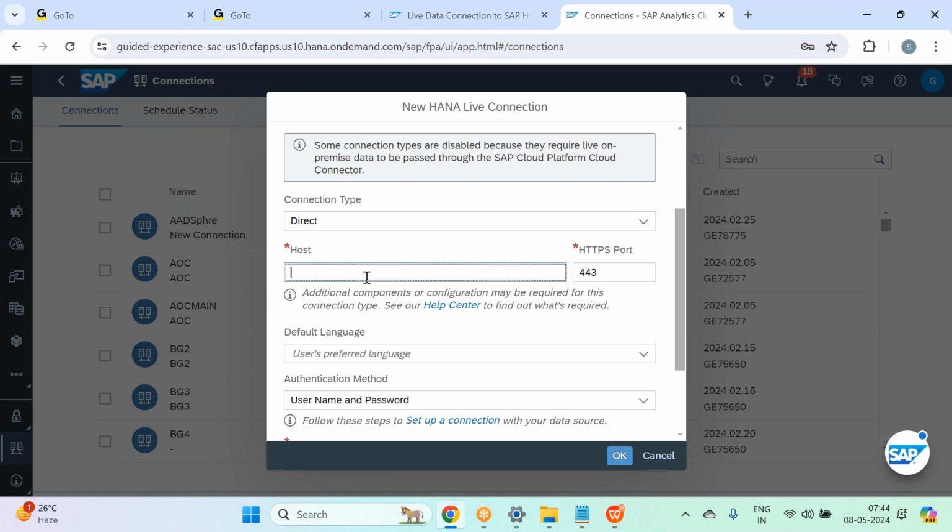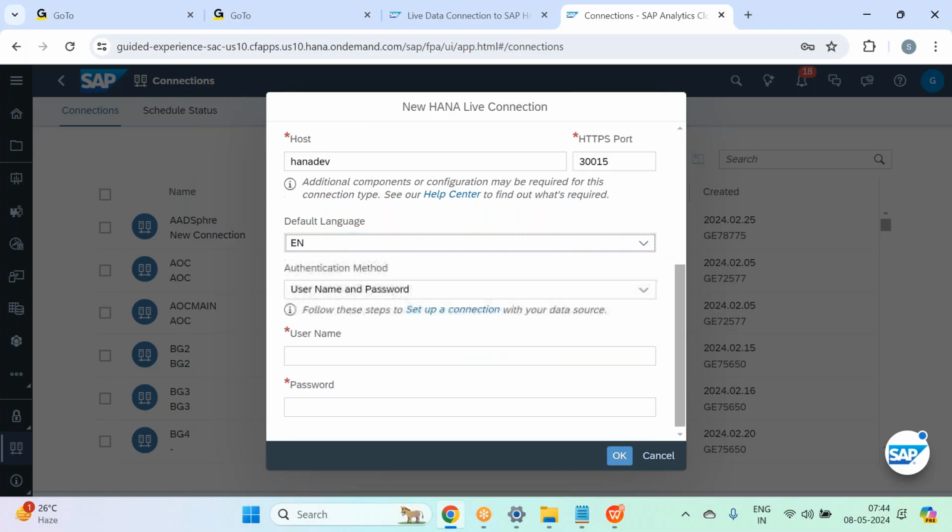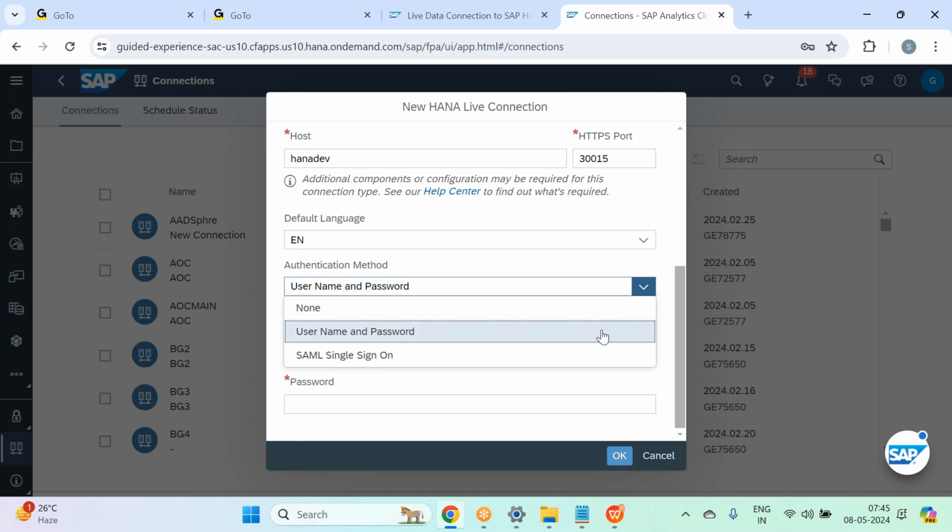Suppose this is the host name. I'm just giving some random name. Give your own port number. I just give the port number as 30015, some random port number, guys. So these are your source system details: give your source system host name and port number, and your default language, English. Authentication can be through username and password,